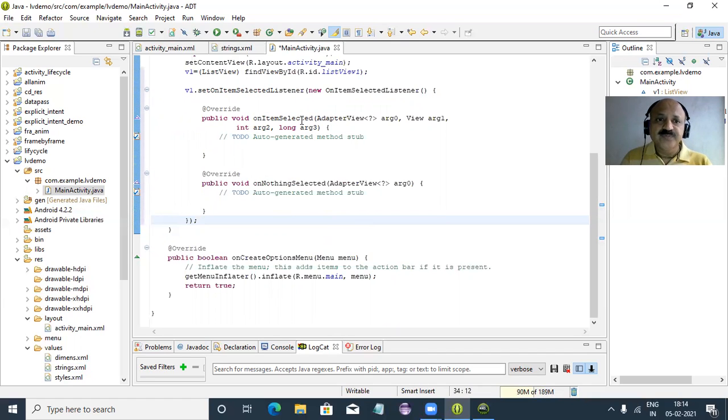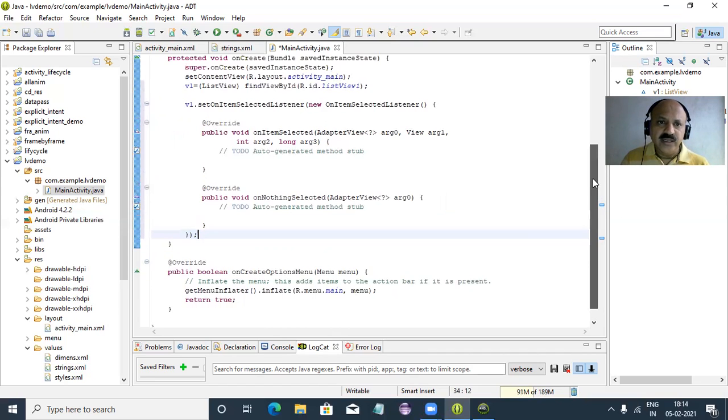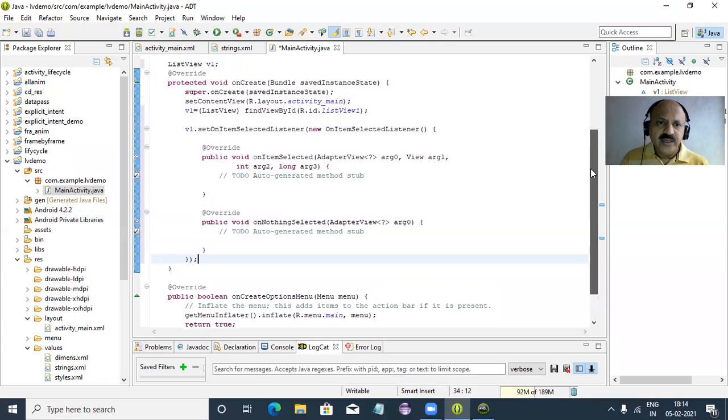So you can see here onItemSelectedListener, and we can print our item, but that item is the position argument. So I think that is perfect. And first I can check whether it is the proper listener or not.